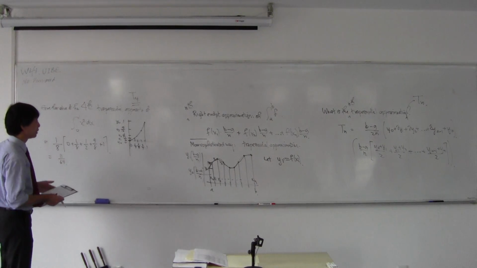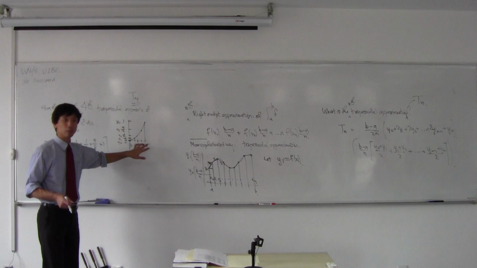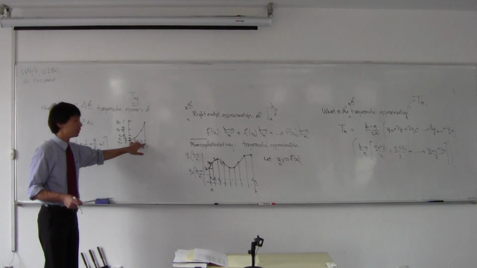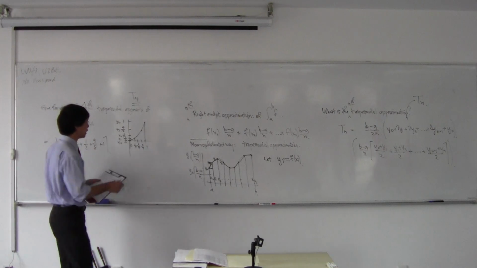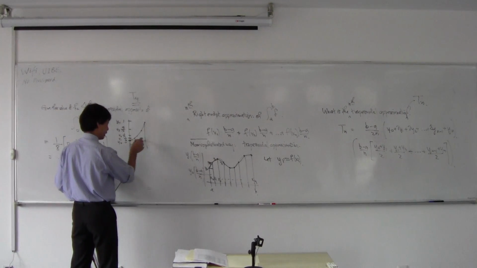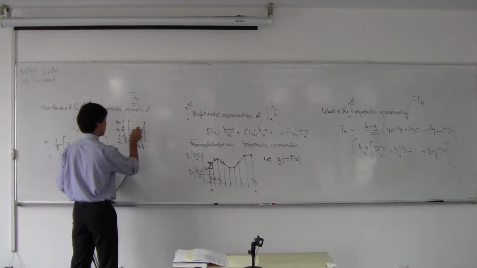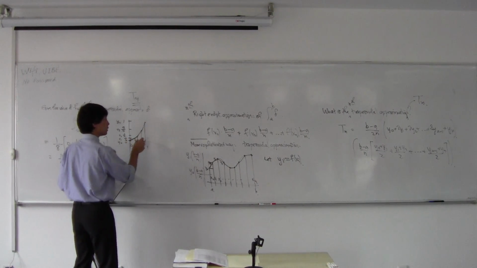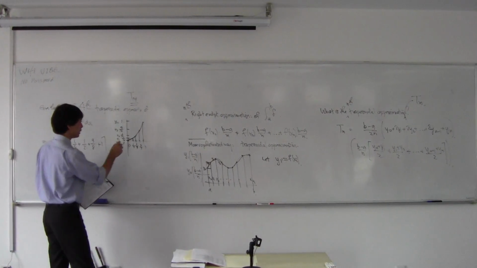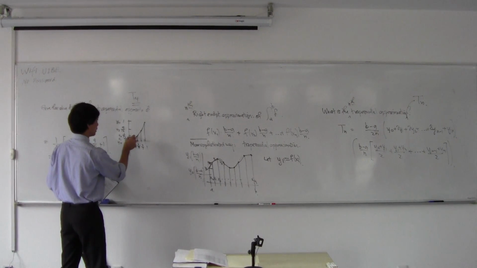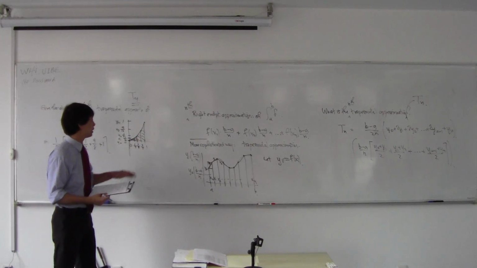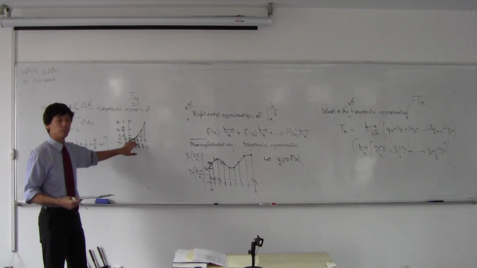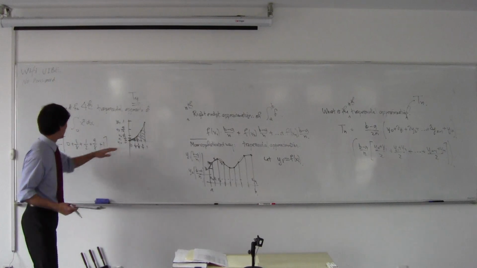So you take your function, you divide the interval up into n pieces. You evaluate it, and then you just take the areas of these trapezoids and add them together. The area of this first guy is going to be